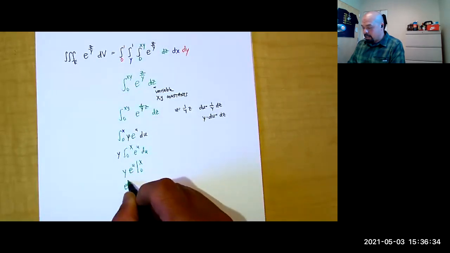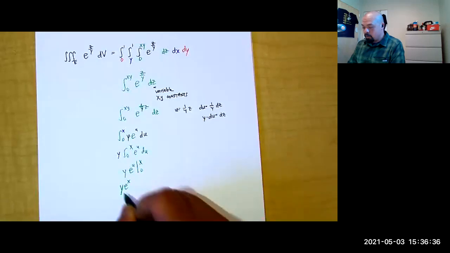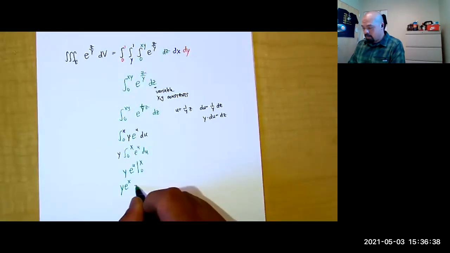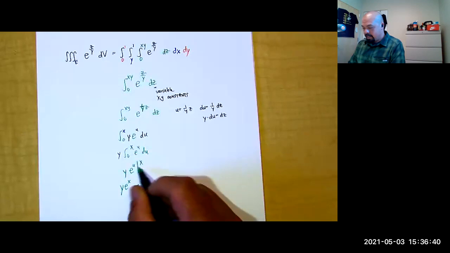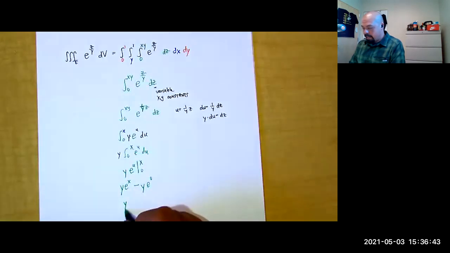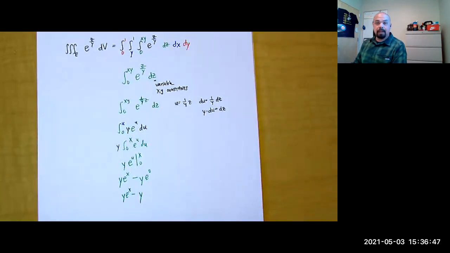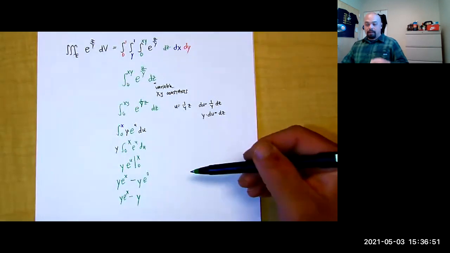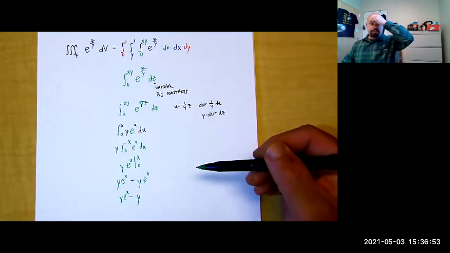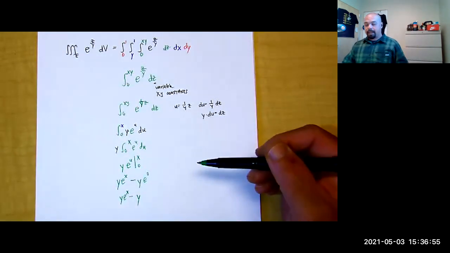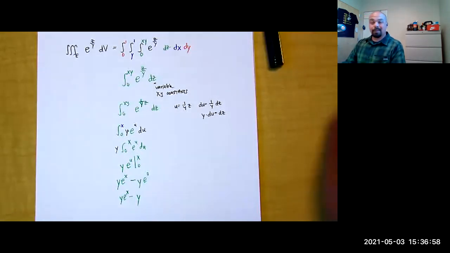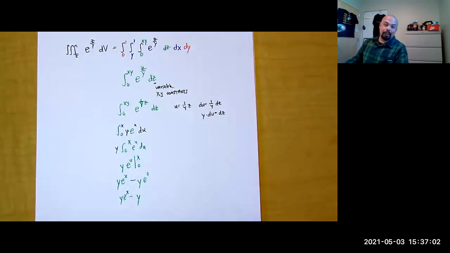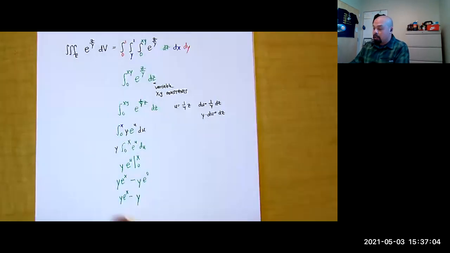e to the x y minus y times e to the 0, or y e to the x minus just y, right? Again, a lengthy process, just reinforcing the integration we would have done back in our first semester calculus, second semester calculus. We started to see some integrations by parts necessary later. We could do that. But this is all just that integral